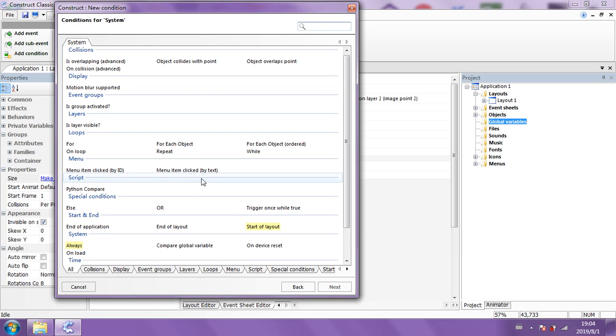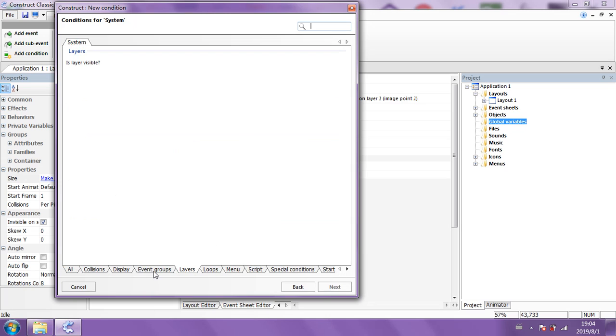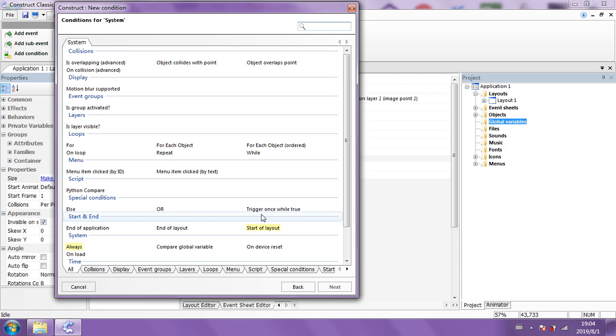Let's see what we can do from the system. What about on load, collision, create instance? I want to create an instance of this thing. What are the layers? I don't know how to use these layers. Is layer visible? Look at that, is layer visible? So I don't know how to use it. Display, collisions, object repeat, hang on.